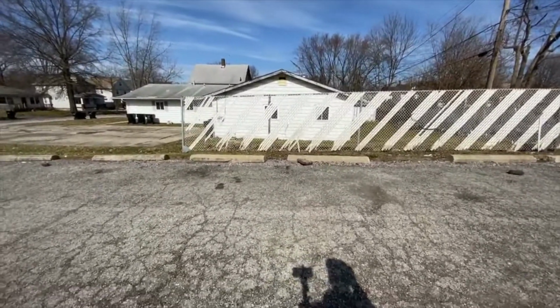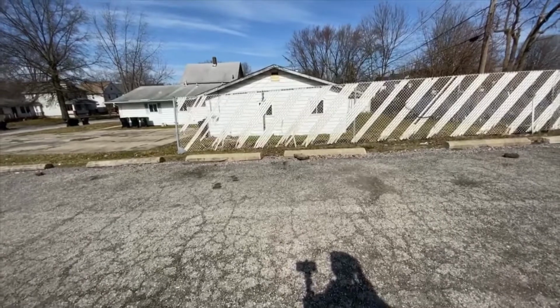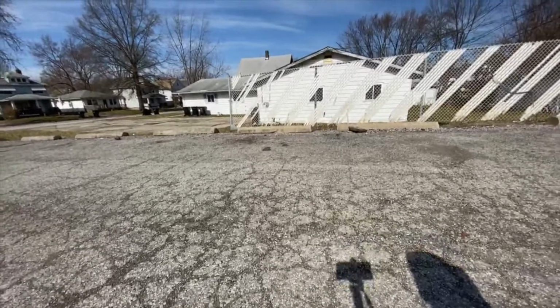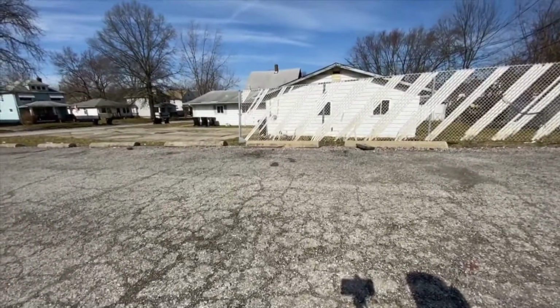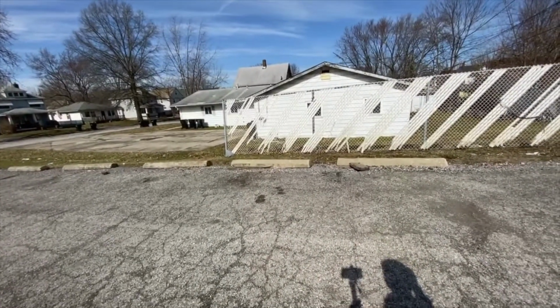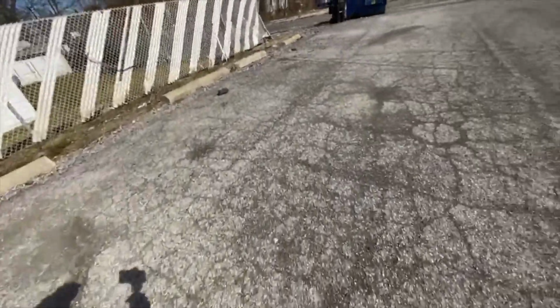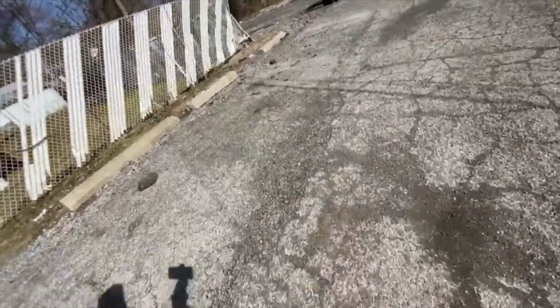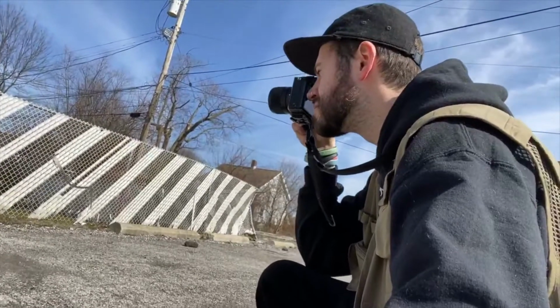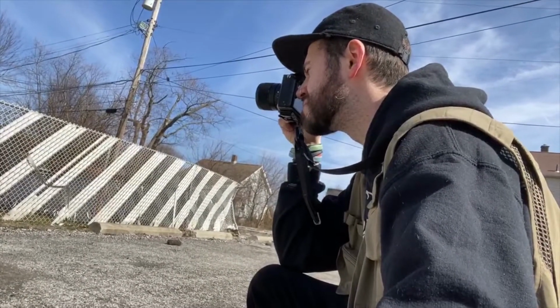Yeah, I'm for sure lucky to get this sky. Definitely right on that. I feel like I want to get another kind of shot for this. But they're trying to get a little bit